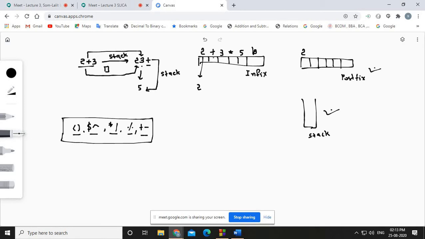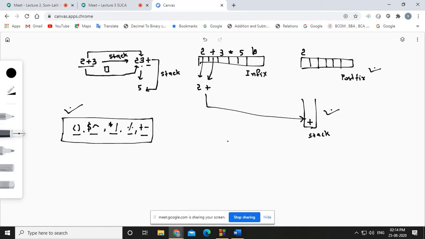What is the second rule? Suppose you are now scanning the second character, and it is a plus. Now you just check it. Plus is an operator. This is the set of operators, and plus belongs to this set. So plus is an operator, and if it is an operator, where does it have to go? An operator has to be inserted into the stack. Insertion into the stack is a push operation, so you need to push the operator into the stack. Fine, so that is the first thing.